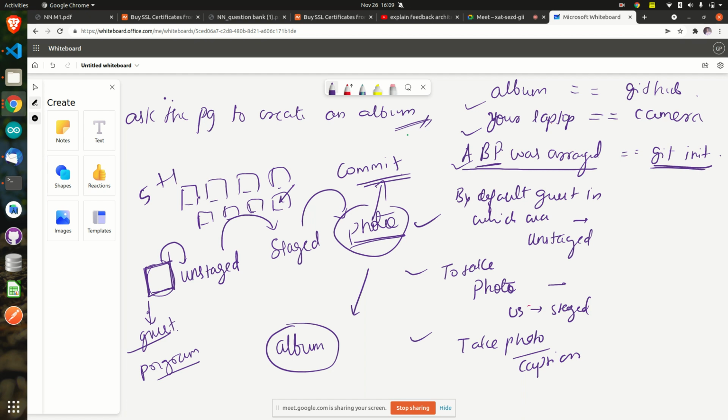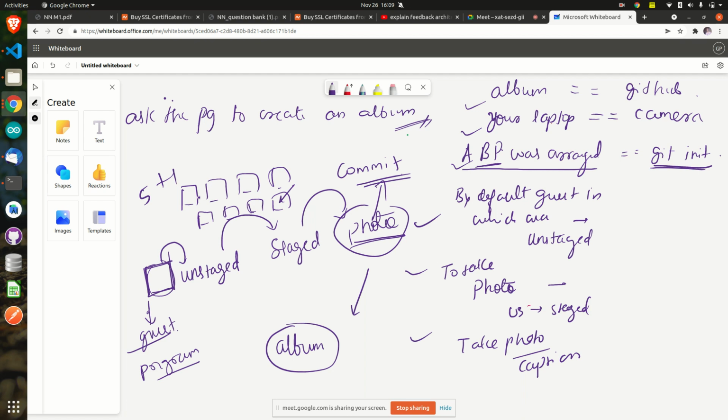So if you add some lines inside your program, what does it mean? A new guest has come. If you created a new file, again a new guest has come. If you deleted a file, that also means a new guest has come. All this basically means that a new guest has come. Now you tell me one thing, new guest has come, do you agree with me? That means first of all bring that guest from